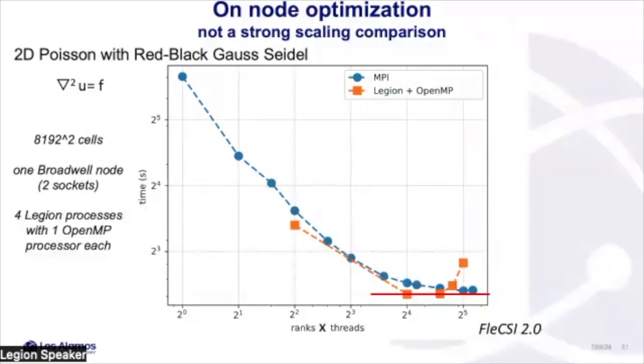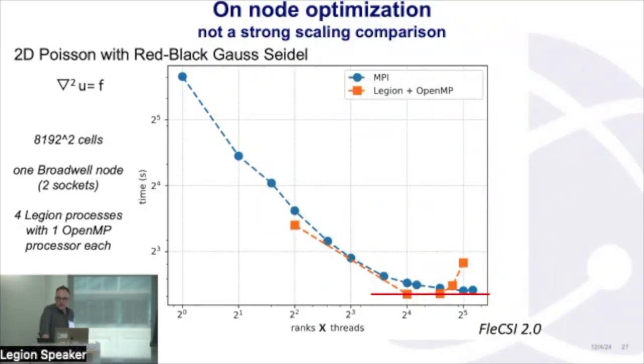This plot is what I'm going to call an on-node optimization plot, not a strong scaling plot. So we're looking at a fixed problem size, and we're plotting time versus total number of cores, ranks times threads. And MPI backend is in blue. The Legion backend is the orange squares, but the only point of comparison we can really make between these two